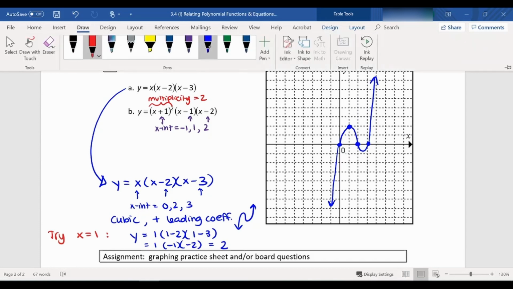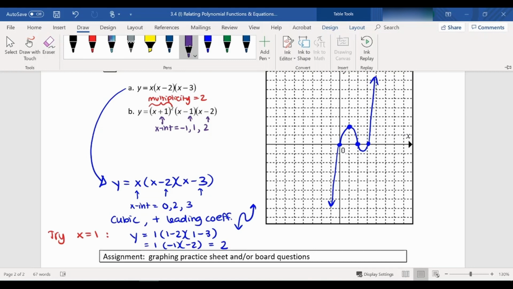If we had a multiplicity of 3, we would also go straight through. If we have a multiplicity of 4, we would also touch and turn around. With the multiplicity of 3, sometimes you will see like a slight squiggle as you go straight through. But anyways, so we have